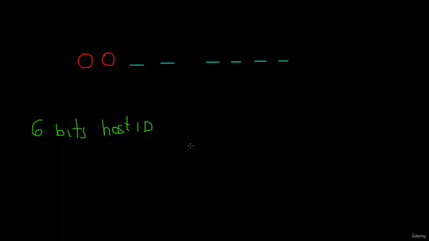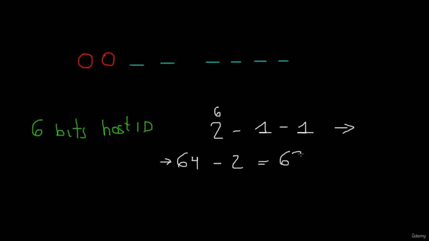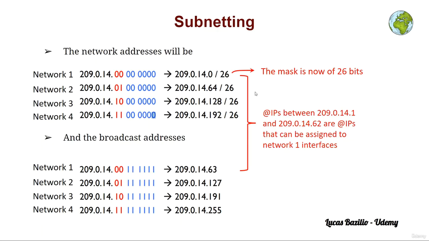Therefore, to calculate the number of hosts or the number of IP addresses, it is 2 raised to 6. And then we need to subtract 1 for the network address and also 1 for the broadcast address. This gives us 64 minus 2, which is 62. This is the number of different IP addresses that we can have, or the host IDs inside this network, essentially